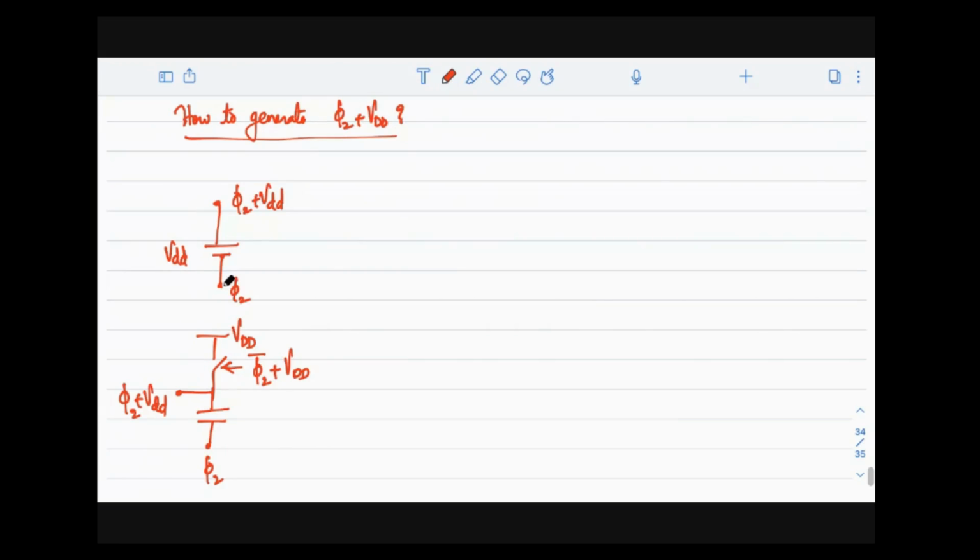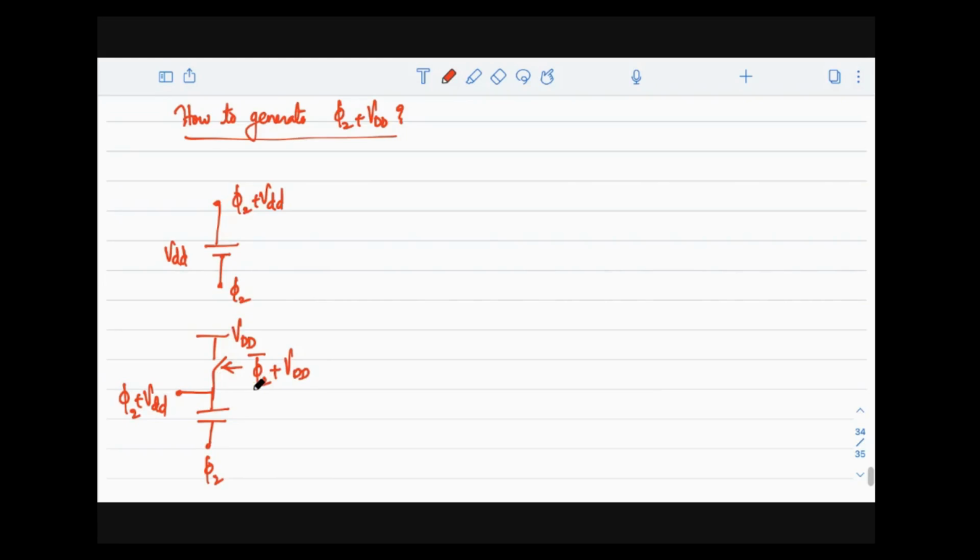All right. So if you have phi 2, then add a battery to get phi 2 plus VDD. Now, adding that battery is actually replaced by a capacitor where the capacitor is charged to VDD. The capacitor is charged to VDD not during phi 2, but during phi 2 bar. So you can see that through the switch, the capacitor will be charged to VDD. But in order to turn on or turn off that switch, the voltage I need is not phi 2 bar, because phi 2 bar plus VDD is required, because the voltage I want to pass is actually higher than that, right?